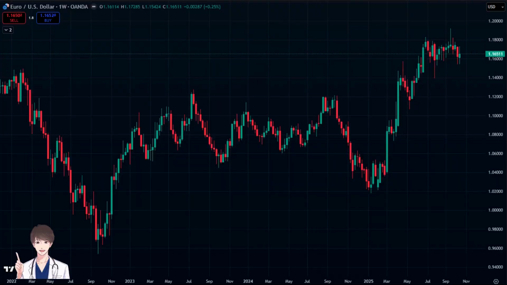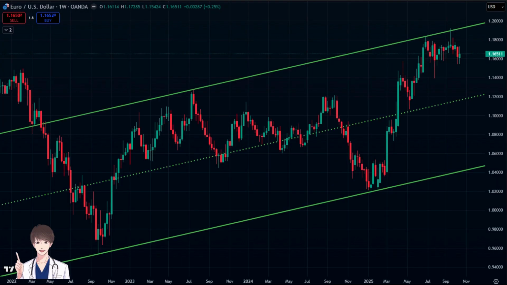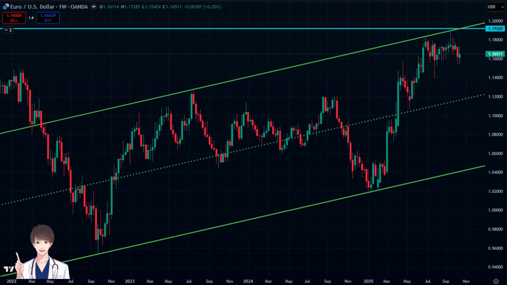Here is the weekly chart of EURUSD. Here, price can be seen within an ascending channel on this time frame. The pair touched the upper boundary of this channel twice, once in July and again in September 2025, and has since been consolidating. If price breaks above the September high near 1.192, it could push through the top of the